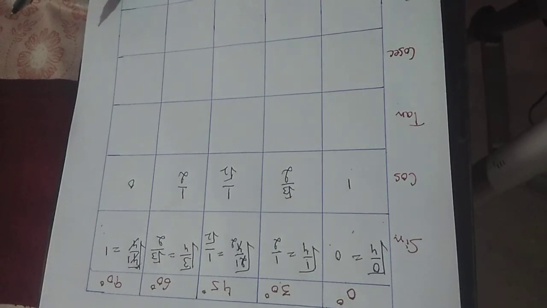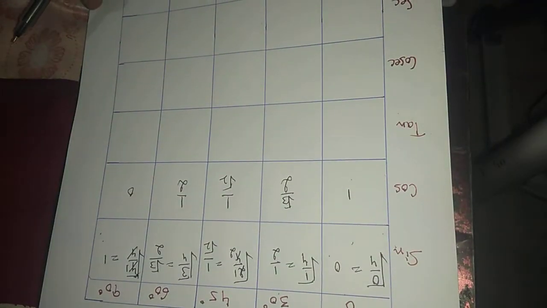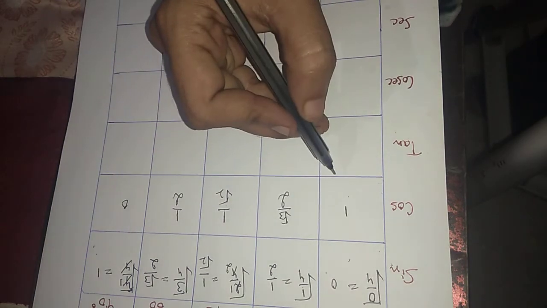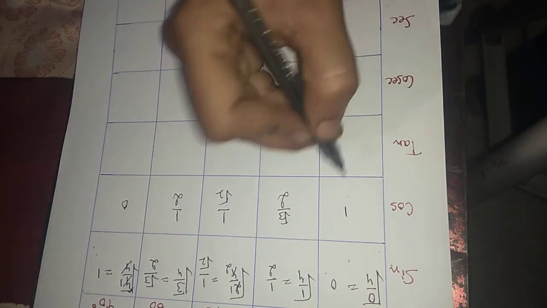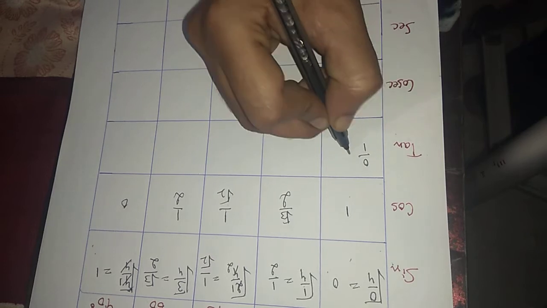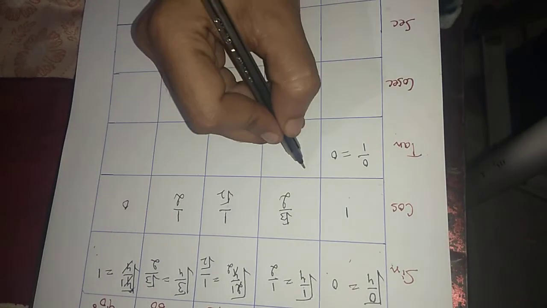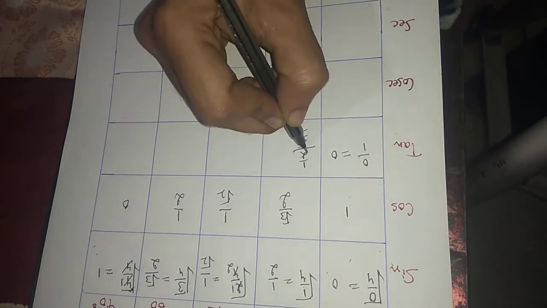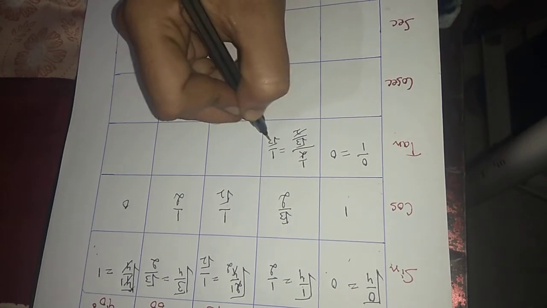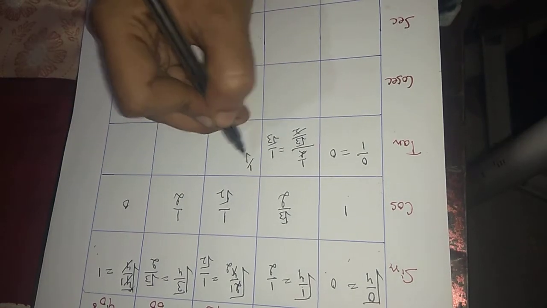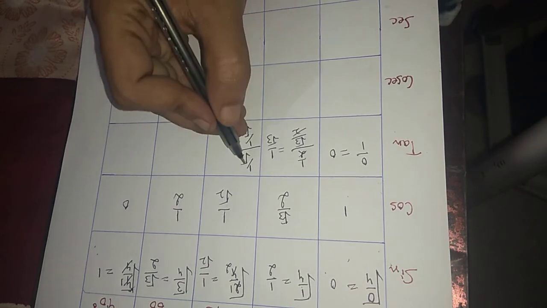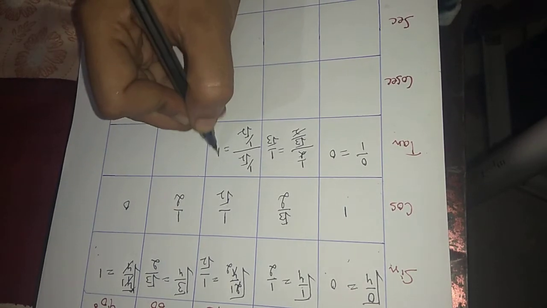And after that, we have to find the trigonometric ratios of tan. As we all know, tan is the ratio of sine and cos. So we have to divide sine by cos. That is 0 divided by 1, 0 upon 1, 0. 1 upon 2 divided by root 3 upon 2: 2 cancel, it is 1 upon under root 3. 1 upon root 2 divided by 1 upon root 2: the numerator and denominator are the same, so it all gets cancelled. We remain with 1.